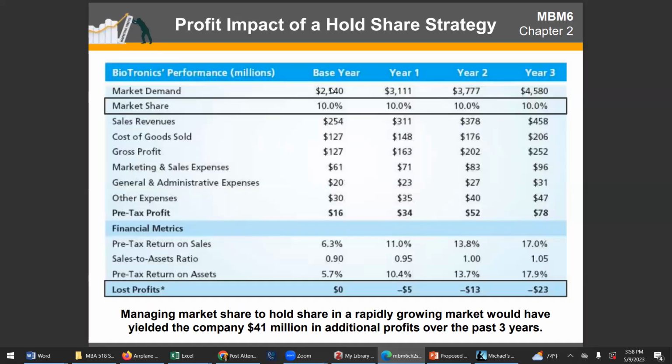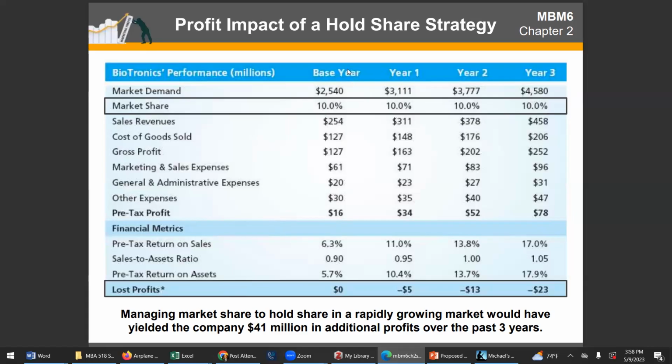So in this hypothetical scenario, if in fact we can hold our market share at 10%, then if we flow all of these assumptions all the way down to looking at pre-tax return on assets, what we would say is that